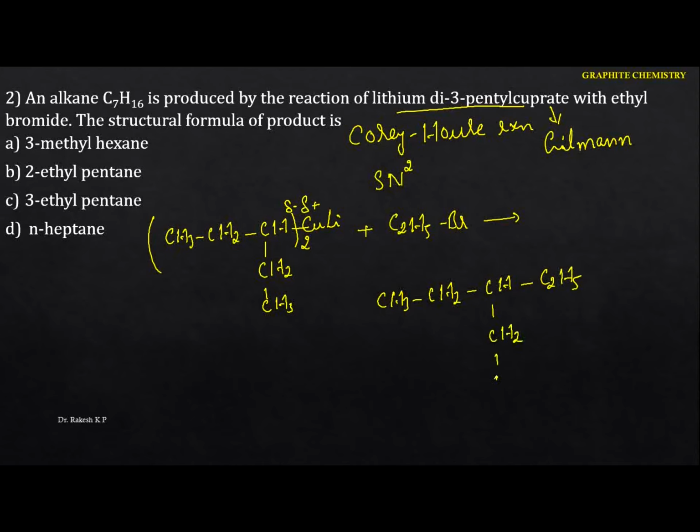Now we have to identify the name of this compound. We have to select the longest carbon chain. So let me take the longest carbon chain here. This is the 4th, this is the 5th. In the third position, what you have is the ethyl. That shows 3-ethyl, and the parent is pentane. So it is 3-ethylpentane. Hence the option in this one is C. Okay, so next one.